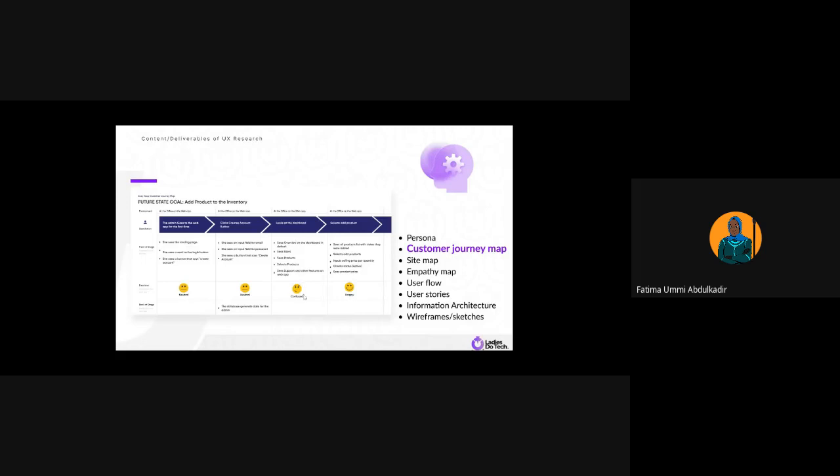So we deduce this to be confusing, as you're just coming for the first time. It's possible that the user gets confused. There is a high likelihood that the user is going to get confused, and this is validated from you doing user testing to see the user. You observe the user while you're doing the user testing. Was the user confused when they got to the dashboard? So that's where you're able to capture that here.